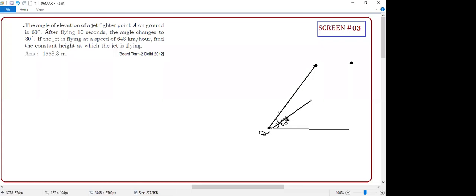So all the things, guys, small, because the diagram is ultimate. If there is any mistake in the diagram, student, you will not get any marks. Okay, very important. The diagram is ultimate. And at which speed is it flying, student? 648 kilometers per hour it is going. They are giving the speed, but no use. We don't want the speed. We want the distance. So, guys, I'm going to help you find the distance.